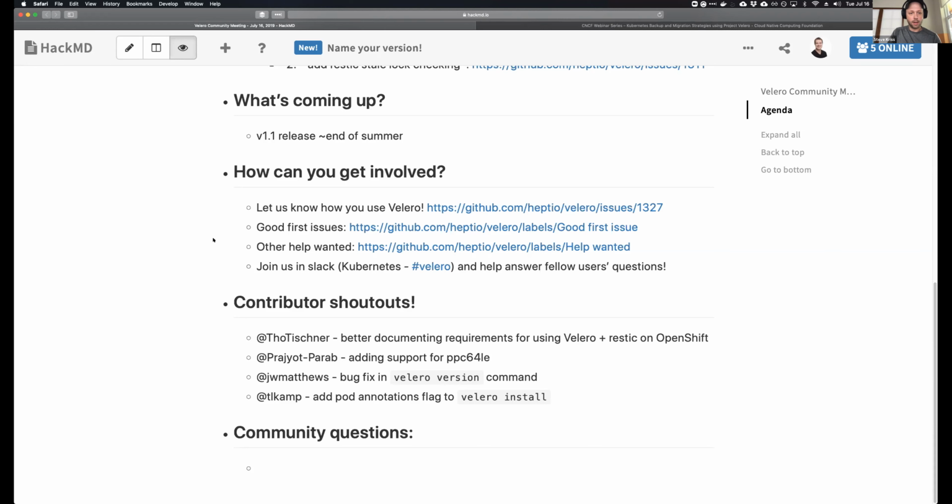We then had Pragio Parab, who started to add support into our build and release process for power architecture. And so when we ship releases, we will be publishing the Velero binary built for this architecture on GitHub. And then we also have support for building Docker images for this architecture. We don't yet have the code for actually publishing those as part of our standard releases. But the Docker file is there and the scripts are there so that users can build their own images if they need to